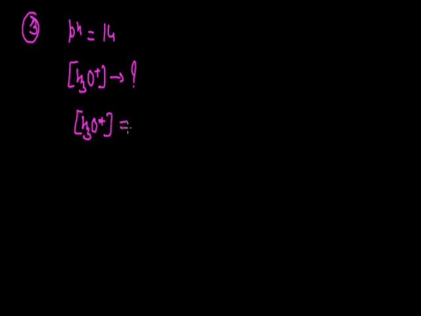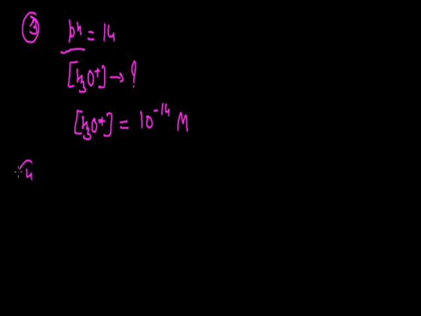Otherwise, you can directly write the concentration of hydronium ion by taking this value of pH as 10 power negative value. And the value of hydronium ion concentration will be 10 power minus 14. The unit for concentration is molarity. So here the concentration of hydronium ion for this solution with the pH value 14 will be 10 power minus 14 mole per liter.